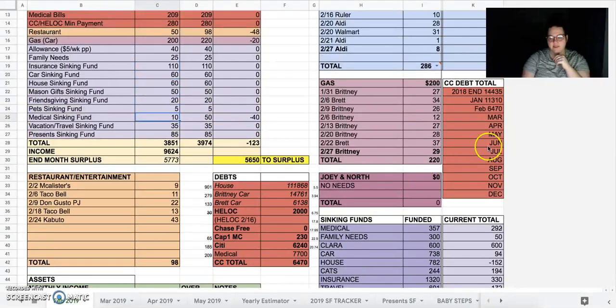Oh, I didn't go over this last time, and I think maybe I should have, but I didn't. I keep a running tally of what the debt total is for each month over here on the side. So as you can see, we ended 2018 with $14,435 in credit card debt, and we're already down to $6,470. So we've paid off over 50% of our credit card debt this year in just the first 2 months,